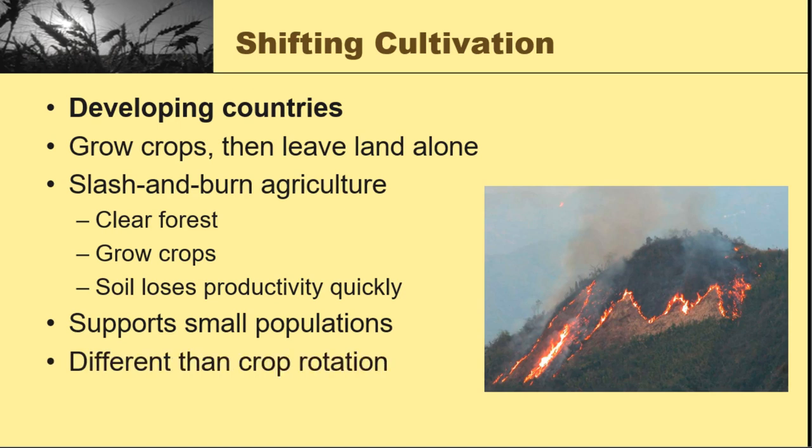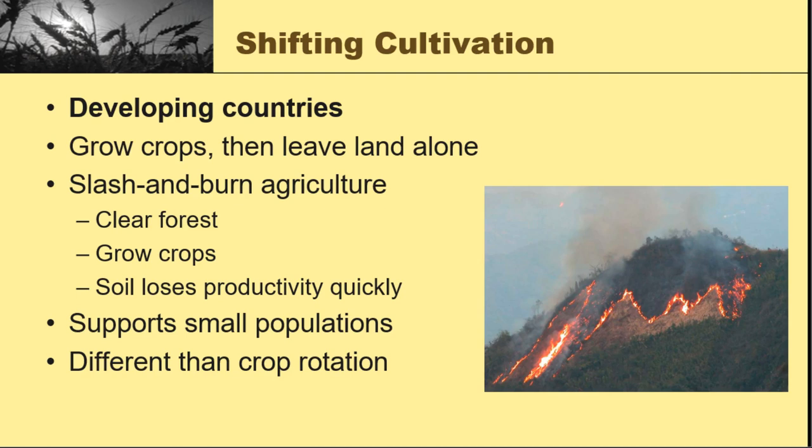This, by the way, is different than crop rotation. If you are familiar with crop rotation, that is where you would grow a crop in one part of your farm and then the next season you would grow it in another part of your farm, and then you would grow a different crop. So like cotton, right? So maybe you grow cotton in one part of your field, and then you shift that cotton to another part of the field the next season, because cotton really strips the soil of nutrients. It's a very needy crop. But in its place, you would grow something that would replenish the soil, like corn.